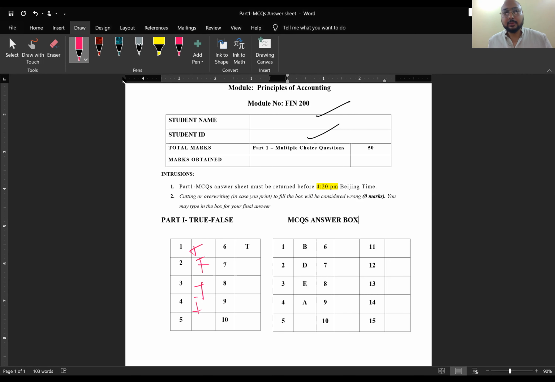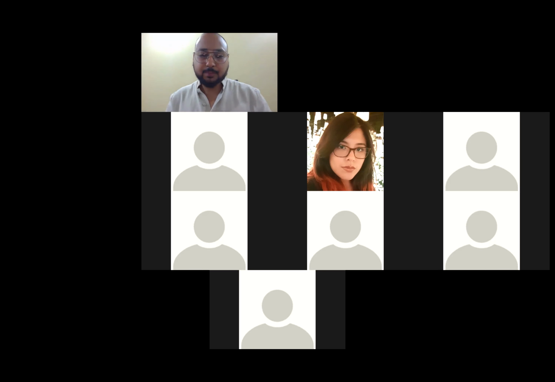And then you need to click save and rename the file, because file name is part one MCQs answer sheet. So if all of you guys sending me this part one MCQs answer sheet file, then they're going to be overwriting, right? So that's why you need to rename that file as well. So you need to save it down, and all you have to do, let me also show you.